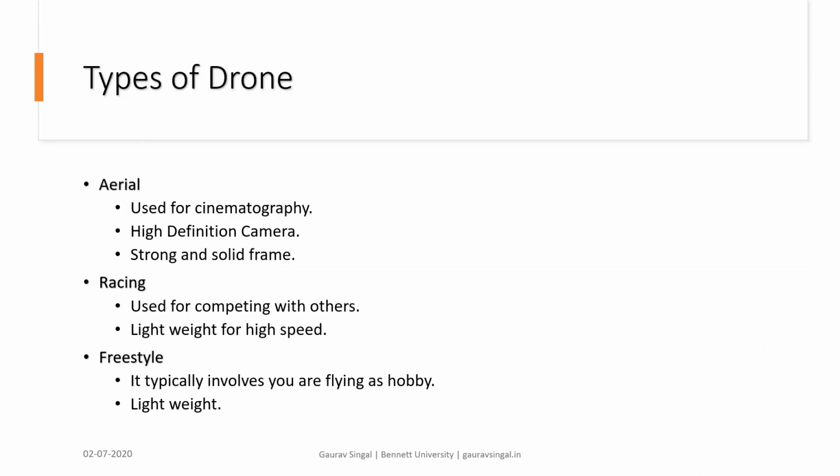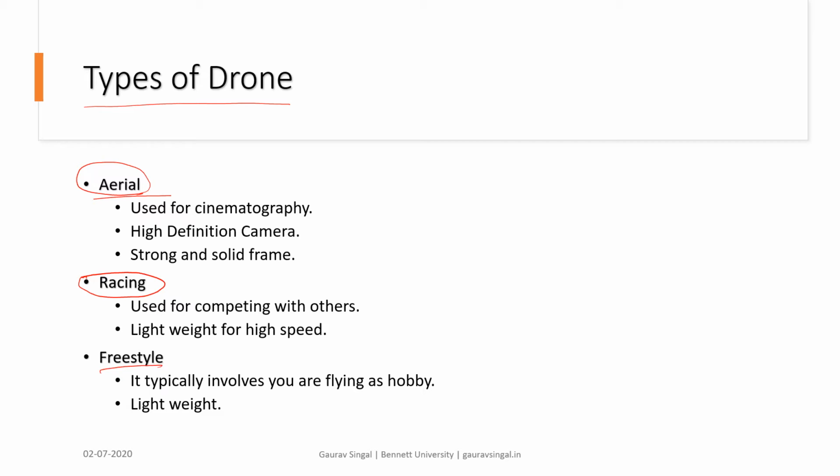Okay, next you can see the type of drone. Multiple types of drones are available in the market, so according to that you can choose the type of frame. Some are for normal aerial inspection or aerial movement for a particular application. Some are for racing, because people love bike racing, and similarly drone racing. There are many competitions happening in India also. The racing style drone has a different frame, and then you have freestyle, just for hobby purposes.